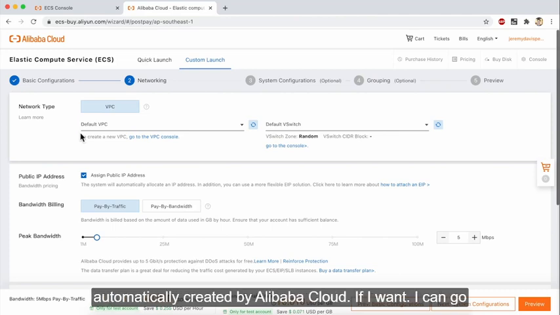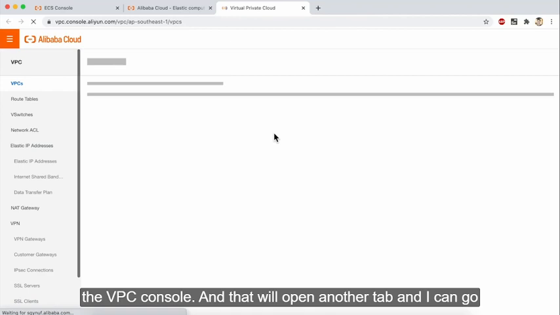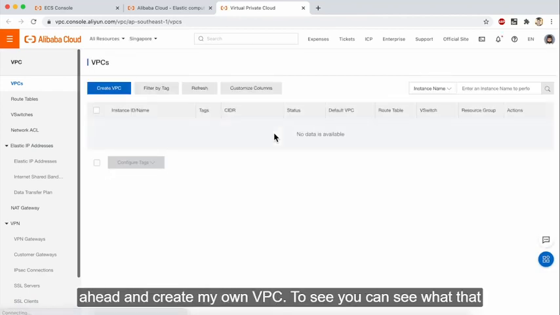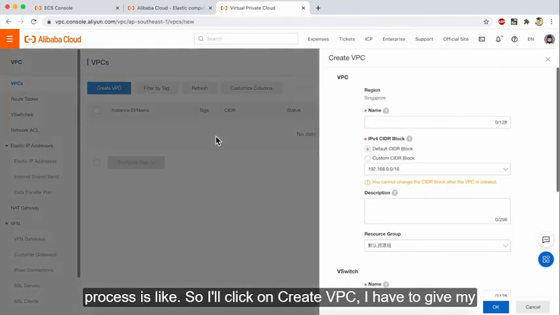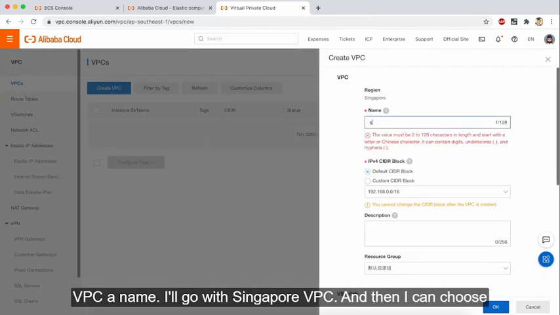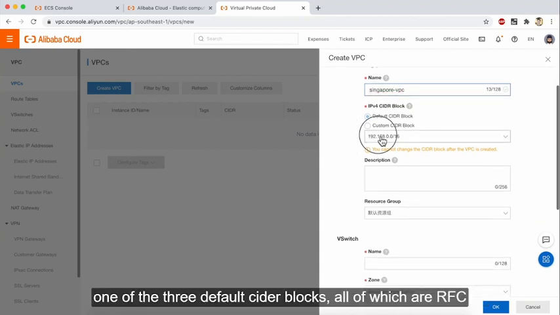If I want, I can go create a VPC right now. So let's do that. I'll click on Go to the VPC console, and that will open another tab, and I can go ahead and create my own VPC, just so you can see what that process is like. So I'll click on Create VPC. I have to give my VPC a name. I'll go with Singapore VPC,